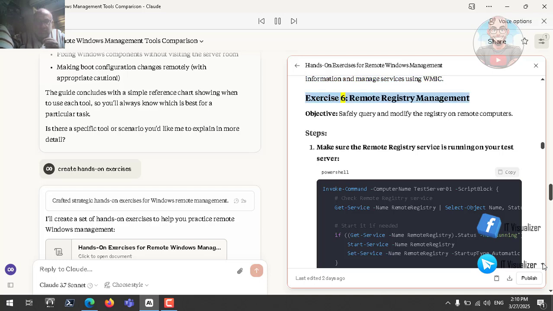Exercise 6. Remote registry management. Objective: safely query and modify the registry on remote computers. Steps. Make sure the remote registry service is running on your test server. PowerShell. Copy. Invoke-Command